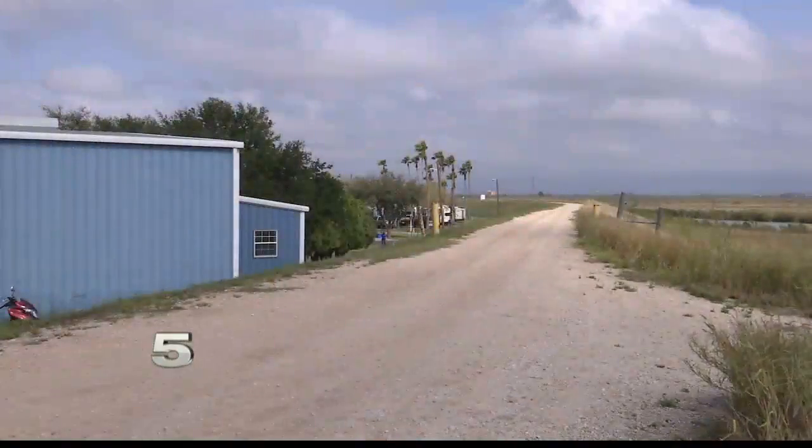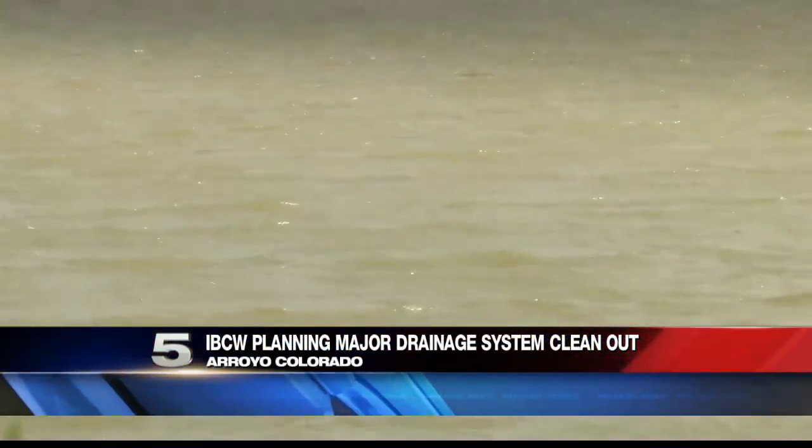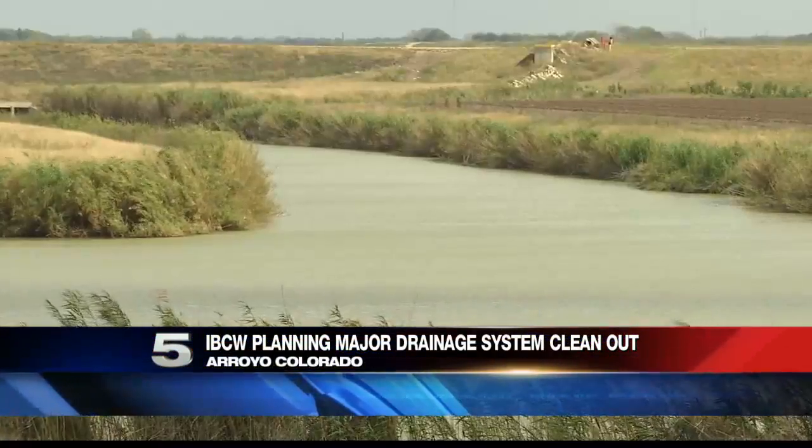The Arroyo Colorado is one of the big drainage systems for the valley. It gets water out of valley cities. It starts up in the Mission area and it takes it all the way to the Gulf. Now the IBWC, which maintains it, says it's got to do more to make sure that the water is flowing freely. The levees, meant to protect the public from high floodwaters, and the Arroyo Colorado, a natural waterway used to